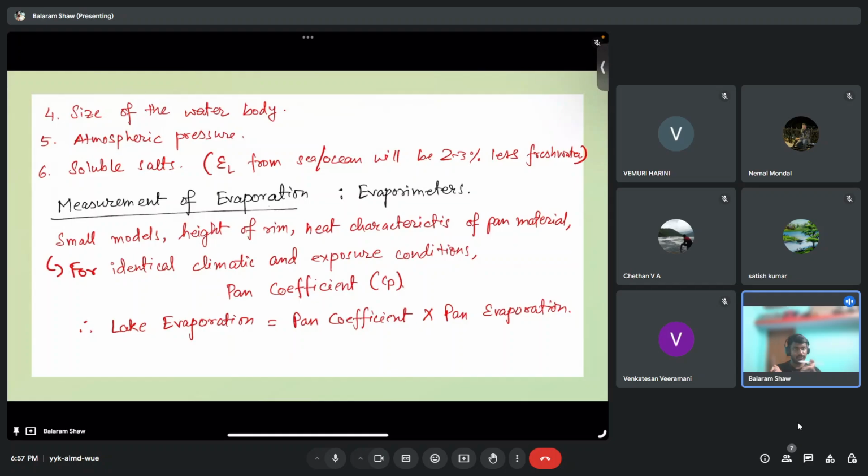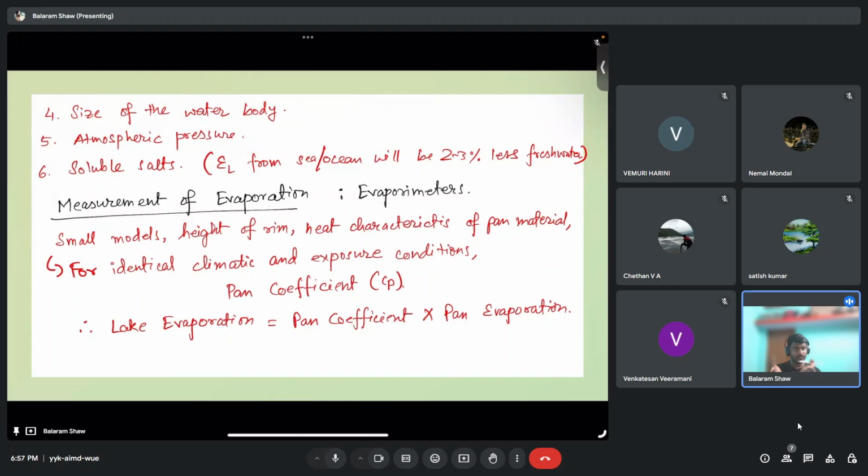Okay, so the next question is: in the combined method of evaporation estimation, combining both the aerodynamic and radiation methods, the contribution of the wind velocity gradient and the specific humidity gradient is dash percent of the heat energy. We have not gone through the derivation, so I'll just mention the value. Both the wind velocity gradient and specific humidity gradient will be 30% of the heat energy. Okay.